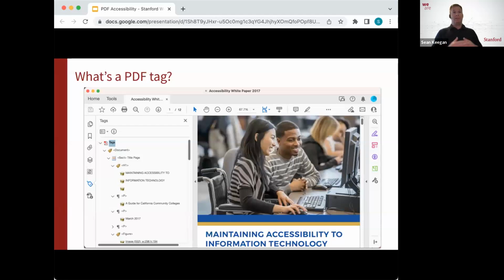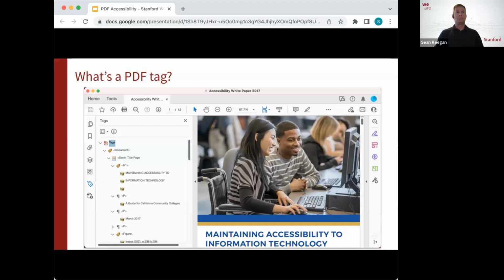As you navigate down this tree, it identifies various tag elements, almost analogous in some respects to HTML structure or the document object model. That would probably be a good example. This is kind of like the DOM of a PDF for accessibility purposes. This tag structure helps control not only the document data in terms of headings, properties, and image descriptions, but also the logical reading order, as well as interactive form objects and interactive elements